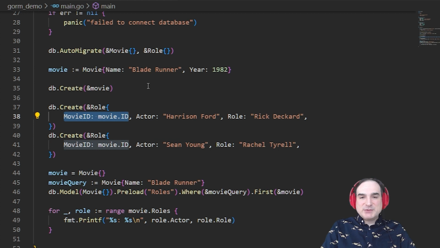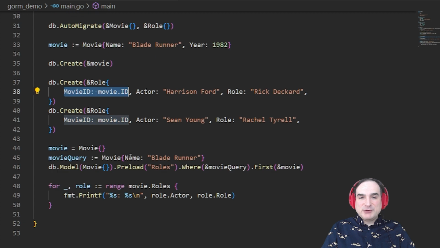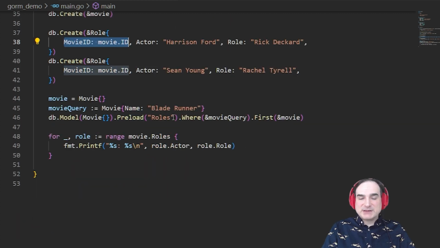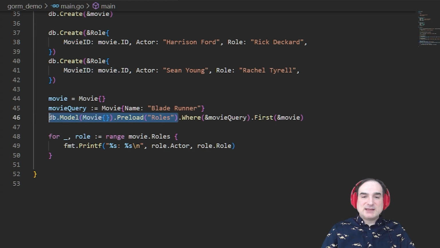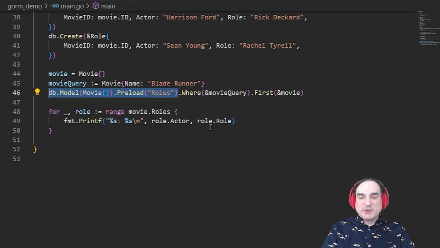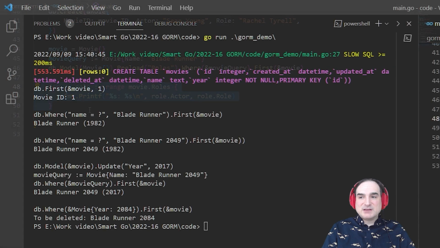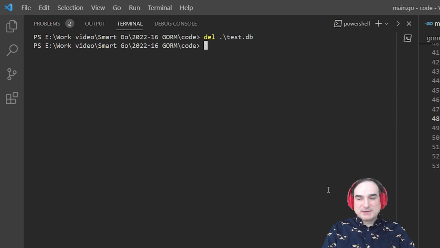So when I want to query the movie and get all of the related roles with it as well, we use Gorm's preload method to fetch the data from roles that would match what we would also find in movie. As an aside, again, when we retrieve multiple rows with a query, as we do here with movie.roles, they just show up as a slice of structs, and so we can iterate over them as we would any other slice, as we can see when we run this code and we generate the results in the console.